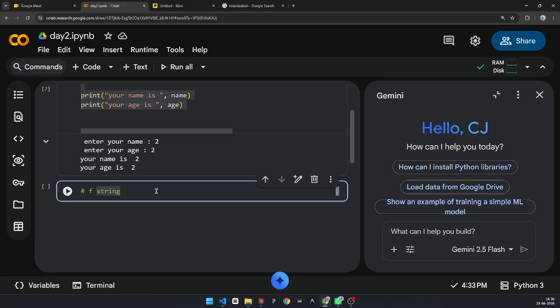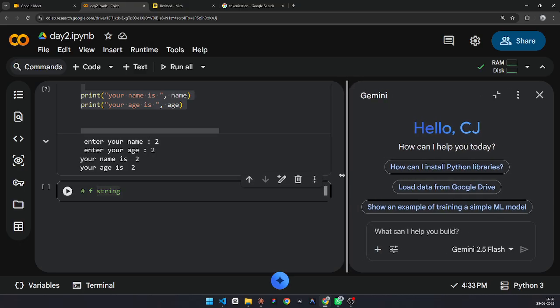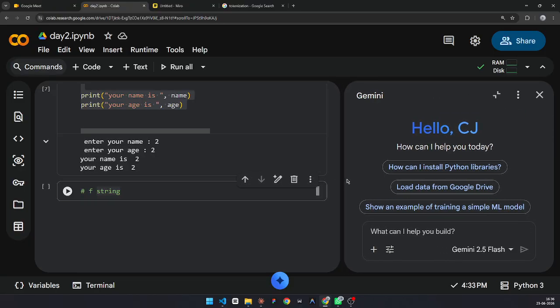But I won't be teaching this much in detail, like the if else condition, because I will be going straight into machine learning. So I hope you all can cope up. I won't go deep into basic Python; I will just show the most important things which need to be used.